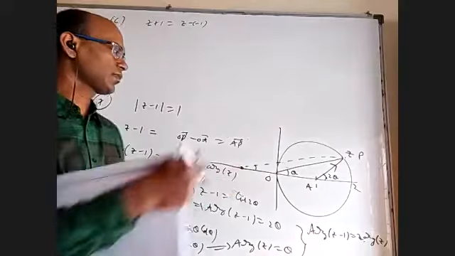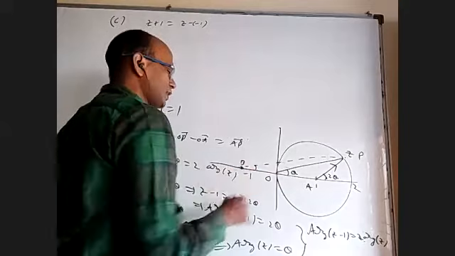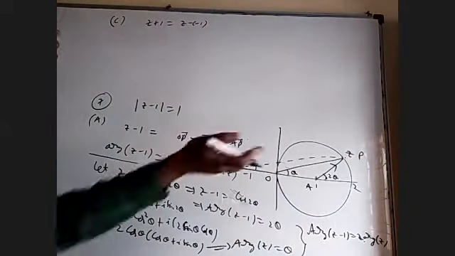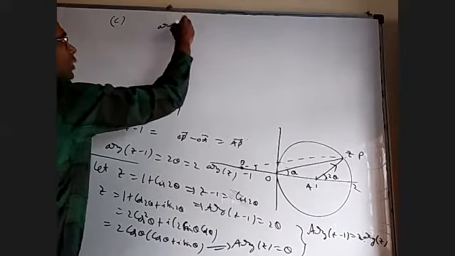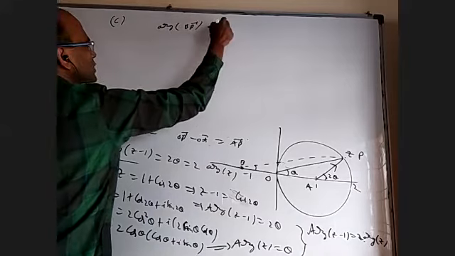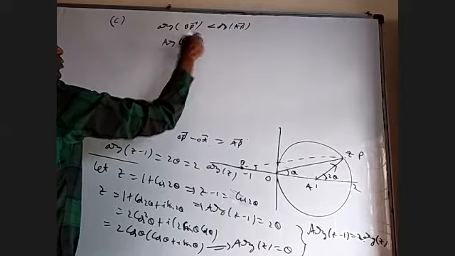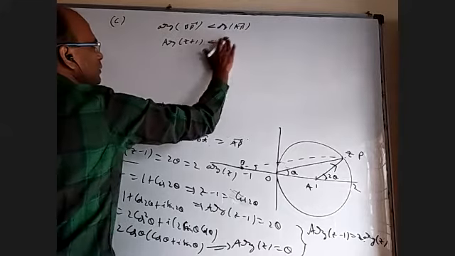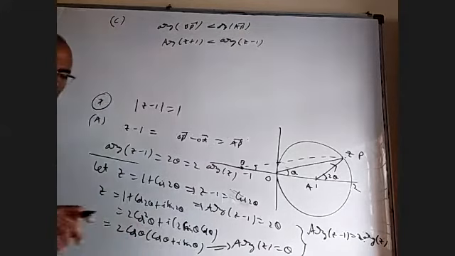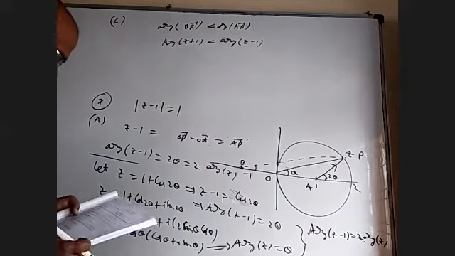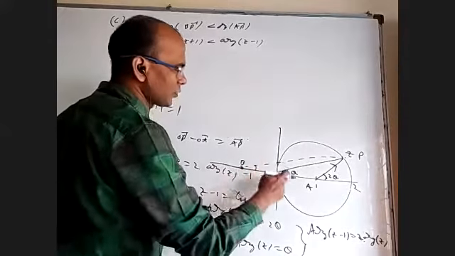So obviously I can say from the figure, if this is some A, this is some B, this is minus 1. Argument of BP is less than argument of AP. So argument of BP bar is less than argument of AP bar. That is, argument of Z plus 1, OP minus OB, is less than argument of Z minus 1. So they are saying equal, it is obviously not right. D bit, they are saying this angle is half of this angle.